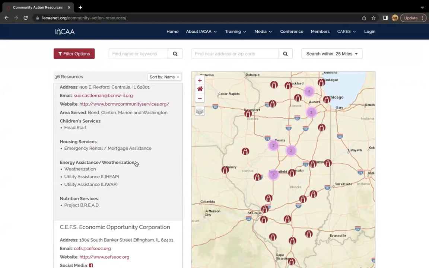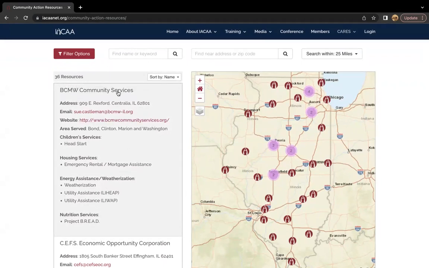So in the list, you can find the names of your community action agencies, along with each agency's service area. Service area is going to be right here with area served, their address, and their contact information and website.